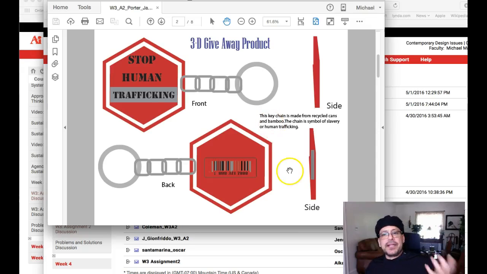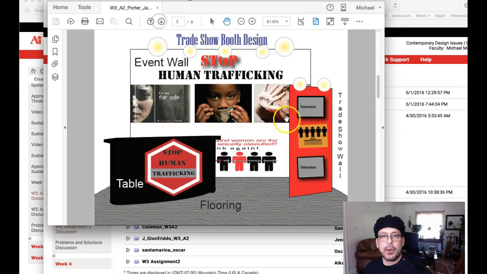Even if they do hang on to it, what does it do for them? It allows them to call this number if they think somebody's being trafficked, or if they see an infraction. Do you see what I'm saying? You really have to give folks a reason to want to keep the giveaway product, because otherwise there's a good chance this stuff's ending up in the garbage. I'm just trying to sound realistic here. Okay, let's go on to the next.